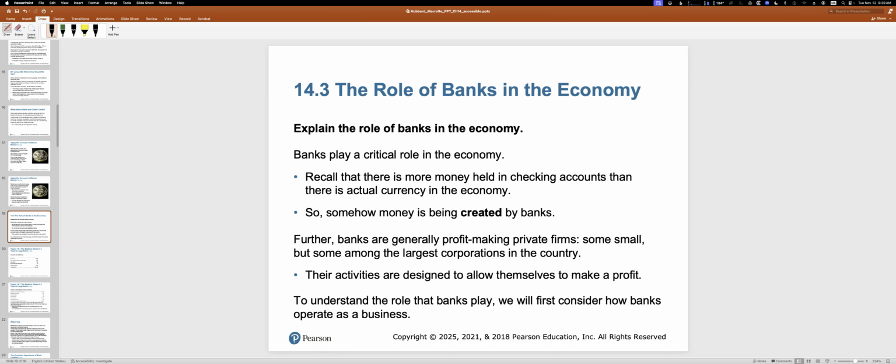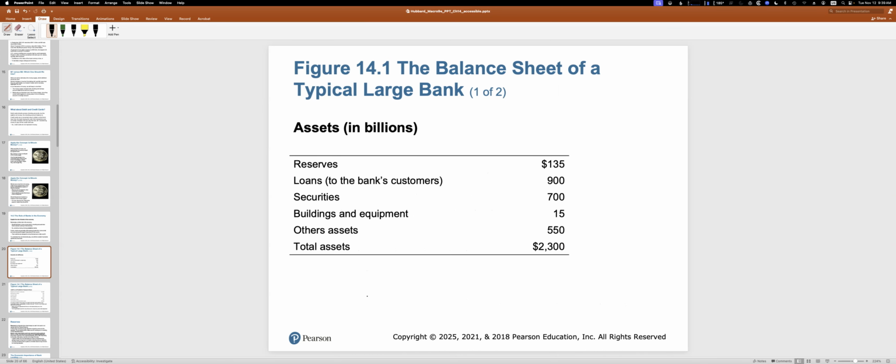So banks in general do play a pretty important role in the economy. Essentially, the emergence of the banking system also comes during the Middle Ages, again, when economies are starting to grow more significantly. And the way that banks make money is they make money by lending it out, taking in deposits, making a good approximation of how often people will be coming in for their money, and then lending out the rest of the money.